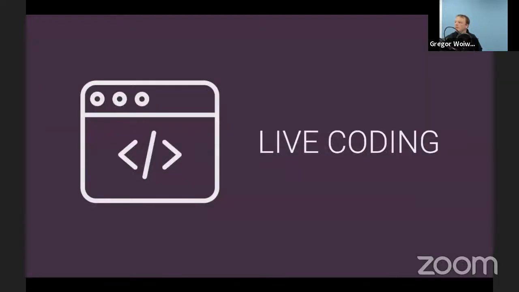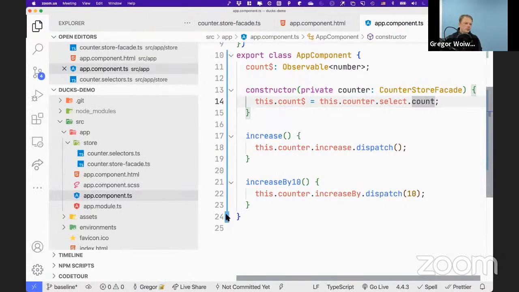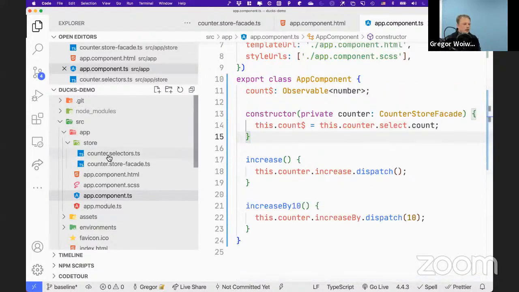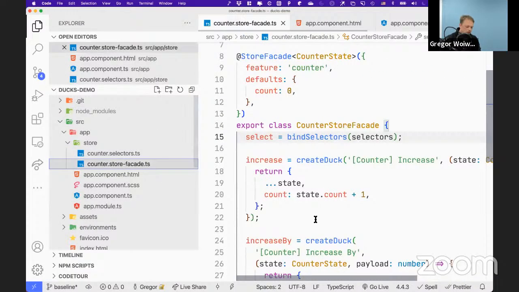So I have a look at the time. I would skip the live coding for the effect for now, because I think it's pretty clear what get actions does and how it can be instrumented by the effect. I would show another thing though, because it was already questioned by the audience, and this is about